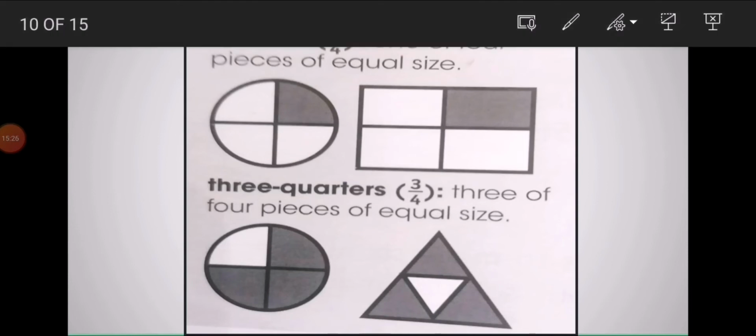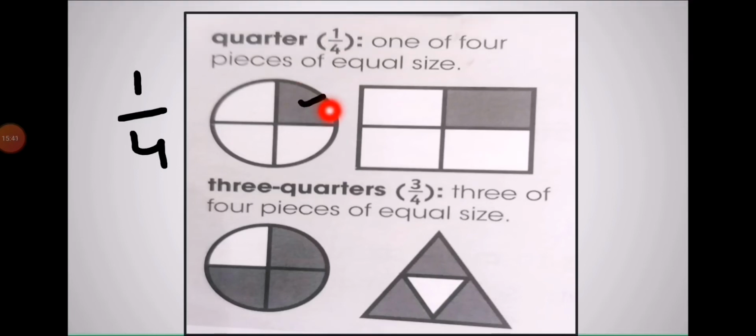So we write the total parts, 4, down under the line. This is the denominator, and we write the taken out part, that is 1. It's the numerator. So it is the fraction of the colored part. Now we can say it's 1 quarter. This is also 1 quarter, and this is also 1 quarter. This is 1 quarter of the whole.